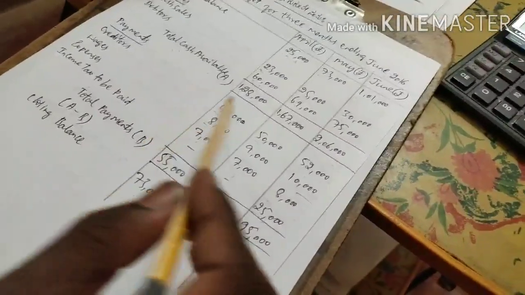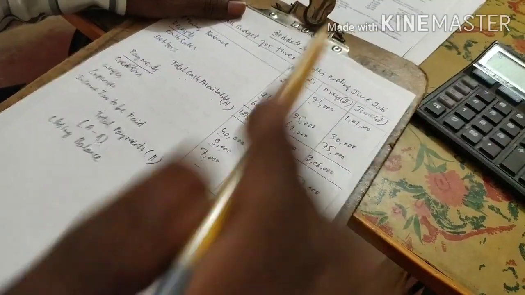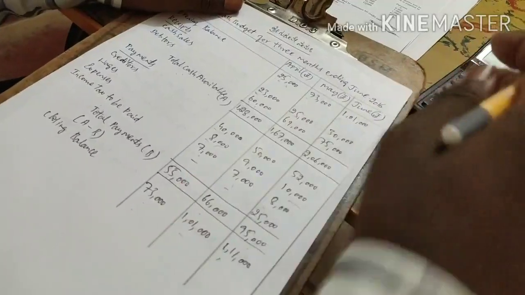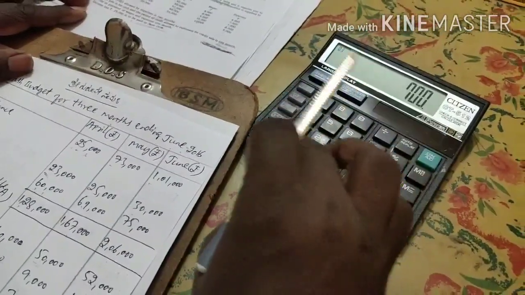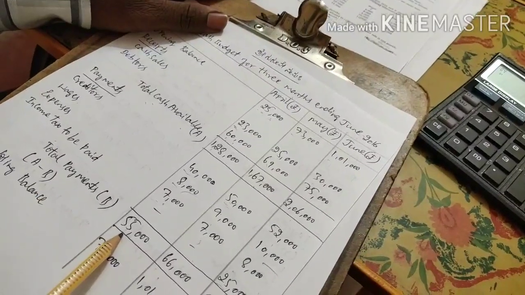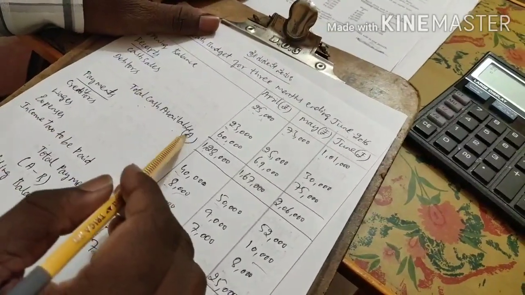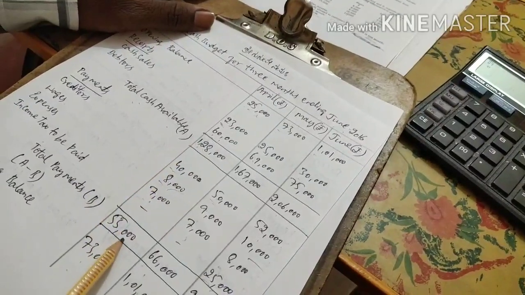When I total 40,000, 8,000, 7,000, put together it comes 55,000. 40,000, 8,000 plus 7,000, how much will I get? 55,000. So the total payments is B, 55,000. So when I minus it from total cash available, 1,28,000 minus 55,000,